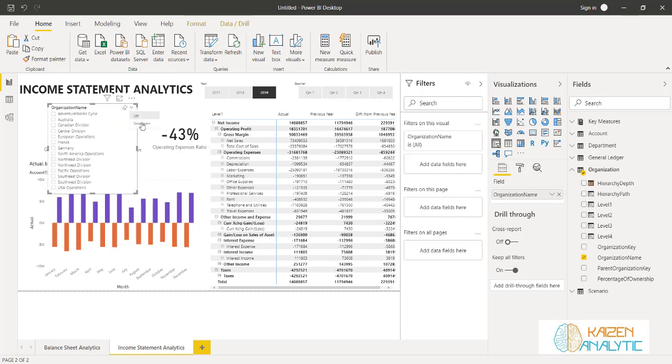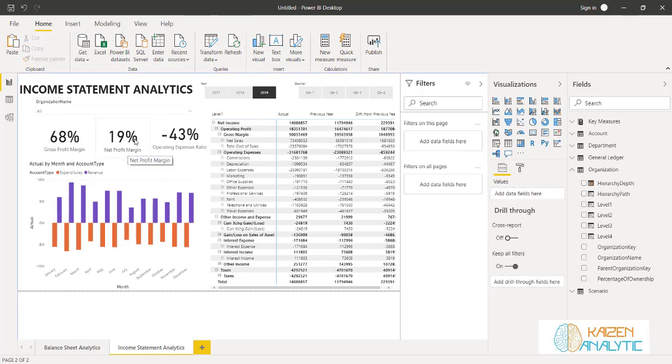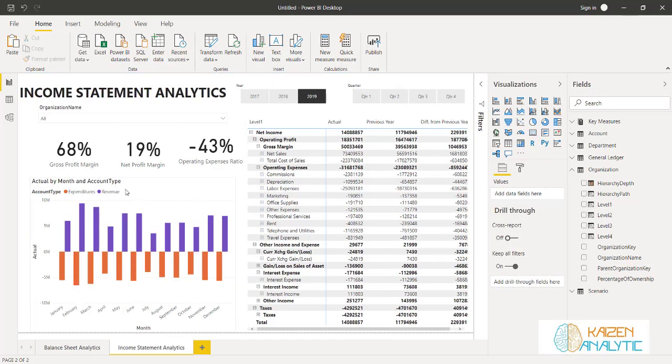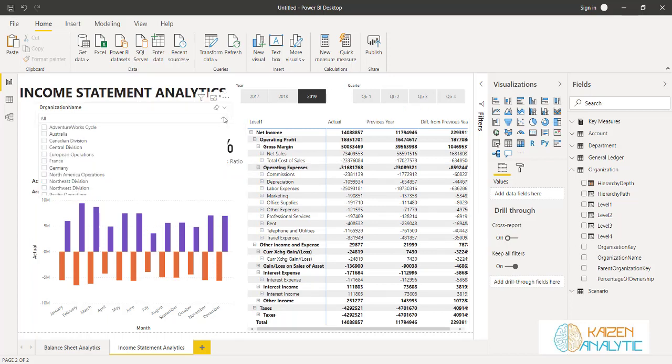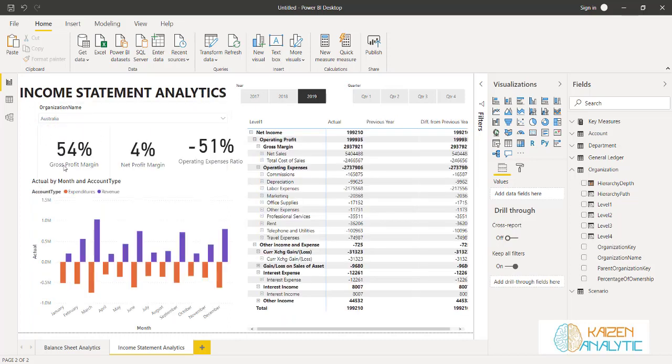Organization name. Make it drop down. You can place it anywhere. It is important for the visualization purpose that it is placed properly, but we can place it in any section. So this is Australia for you. All the actuals, all the differences,